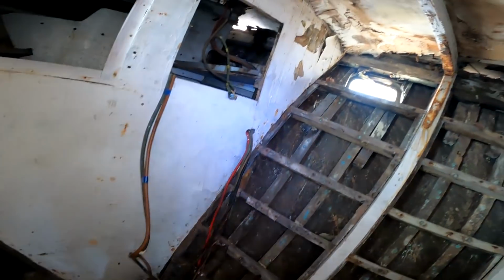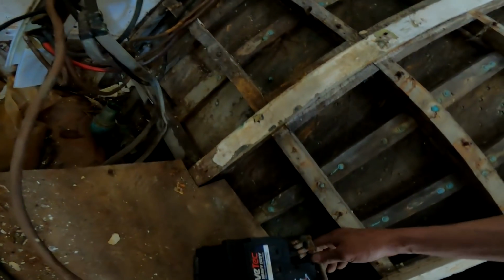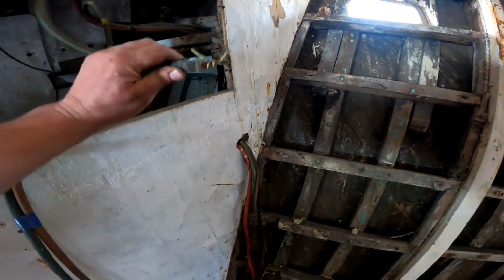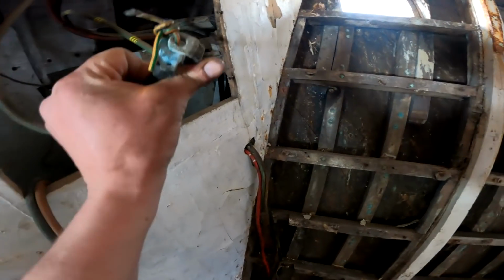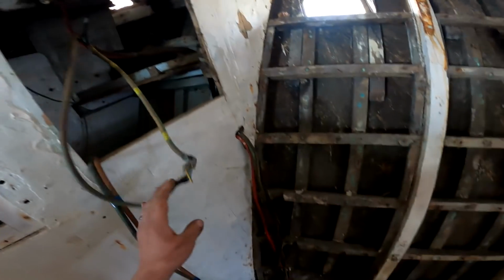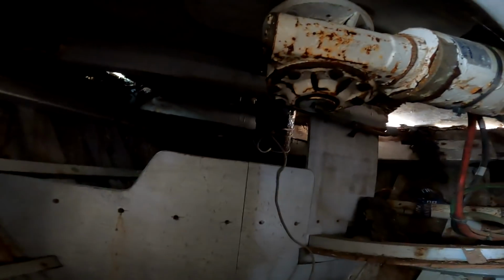But then the control. Oh. It was drawing current. Is that good? So that is potentially how you turn it one way. I've not a clue how you make it go backwards or forwards or whatever, but we'll figure that out in a minute. Think about it, on top of the winch there was actually a little